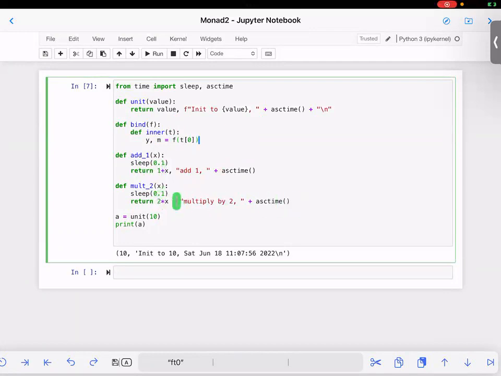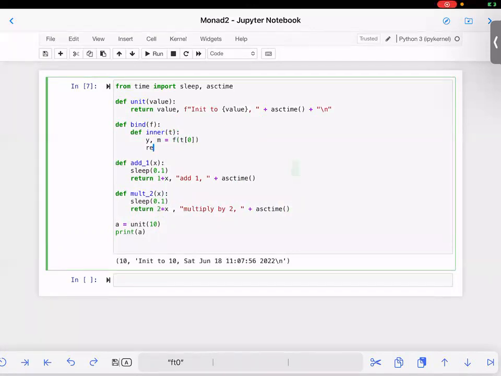Multiply by 2 is also returning 2 things. Okay, so y is the value. This is the y, and m is the message. M is the time message. After this, we have to return